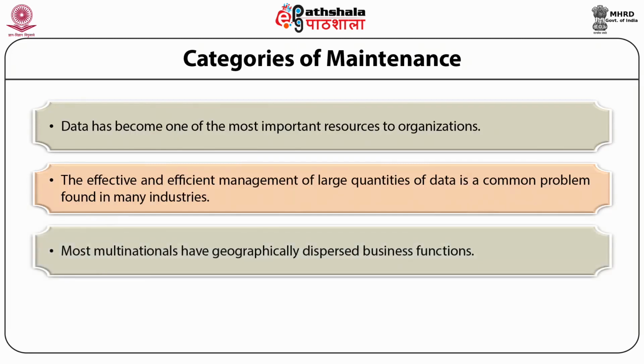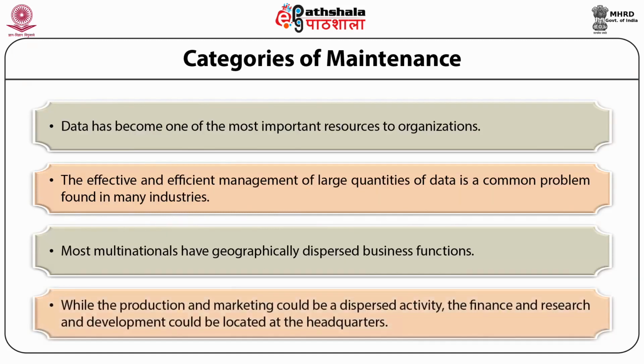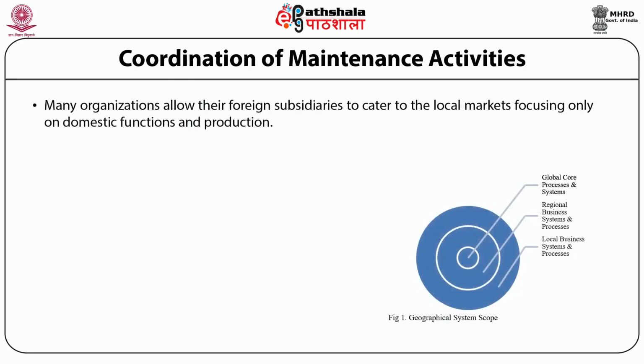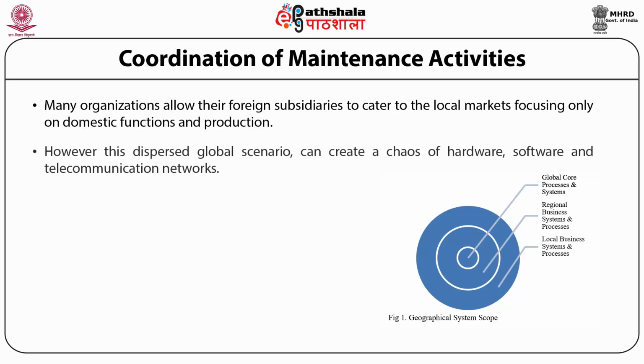Most multinationals have geographically dispersed business functions, and while production and marketing could be a dispersed activity, the R&D and finance could be located at the headquarters itself. Many organizations allow their foreign subsidiaries to cater to the local markets, focusing only on domestic functions and productions. However,